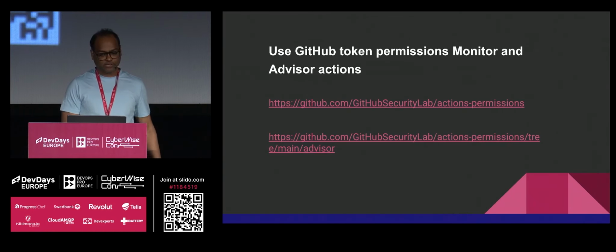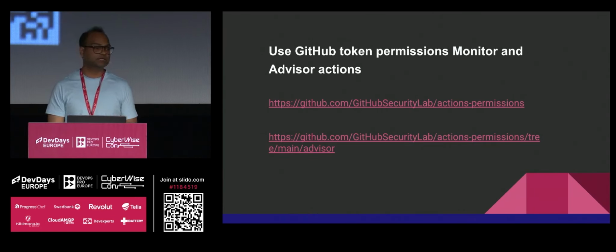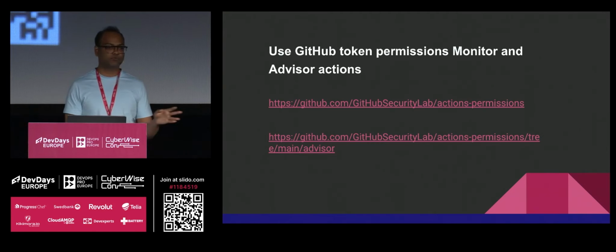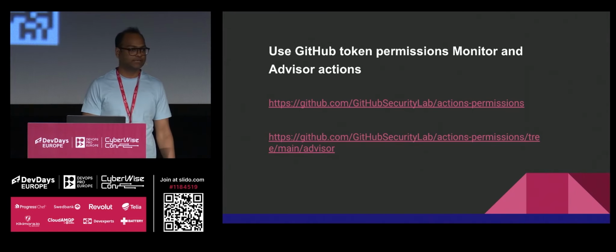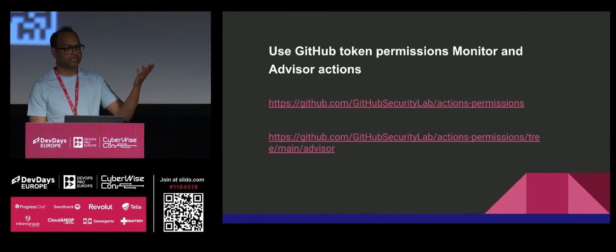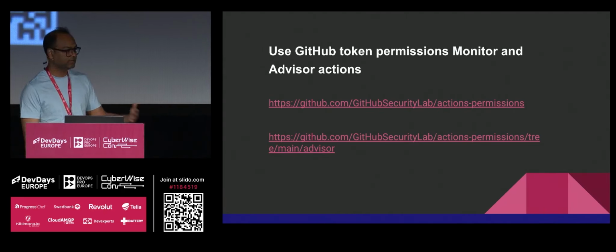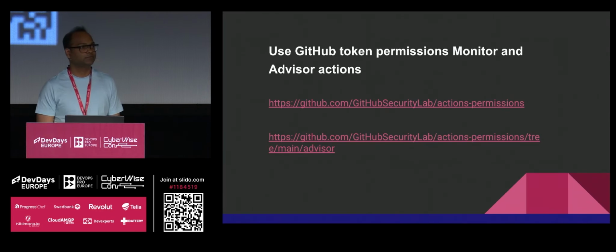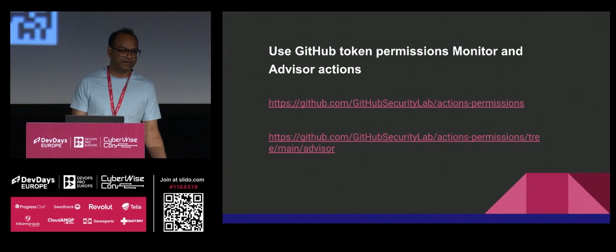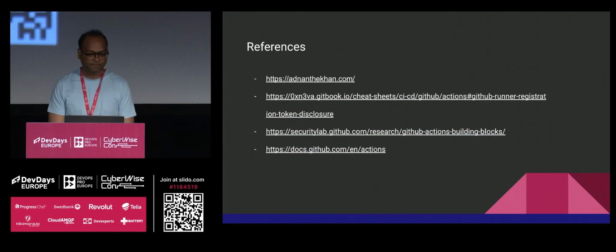They also have two actions basically. One is of course action permission, and there is another called advisor. So with the advisor action, you don't have to add it as a step of your job, but it gives you an action where you can throw in your workflows and run it and see what level of permission you need. Basically no one wants to add this to your job unless you really need it, right? Why should you do that? So this is where the advisor action comes really handy.